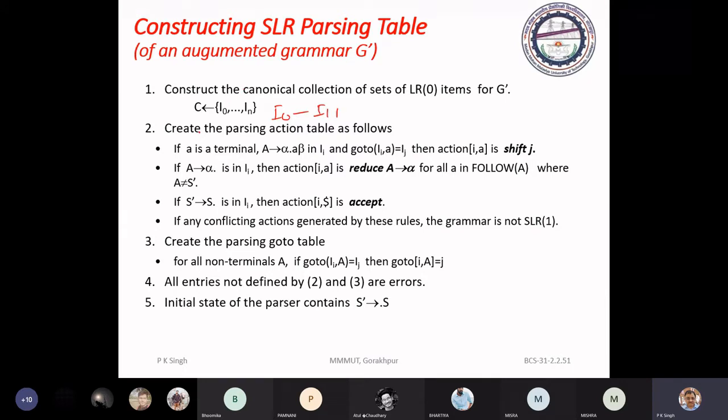Next, we have to make entries in the action field. This is the action field. So see the rule for making entries in the action field.